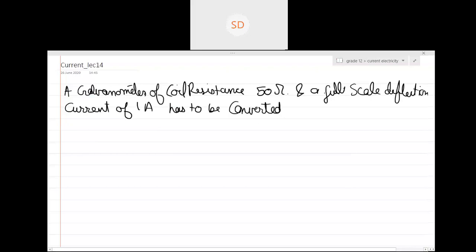These are basically three different questions, but I'm just clubbing all of them in one. It has to be converted to an ammeter. Let's make it a bit smaller. This is 1 milliamp. 0.5 ampere and an ammeter which can measure up to